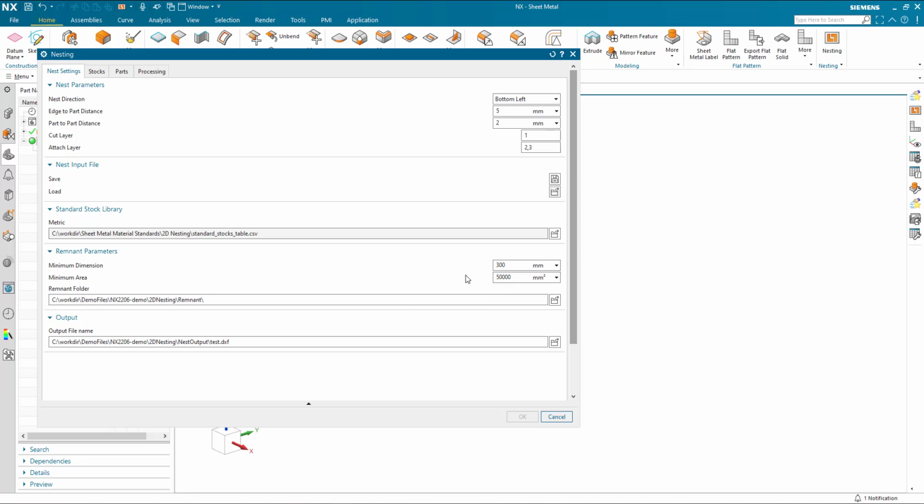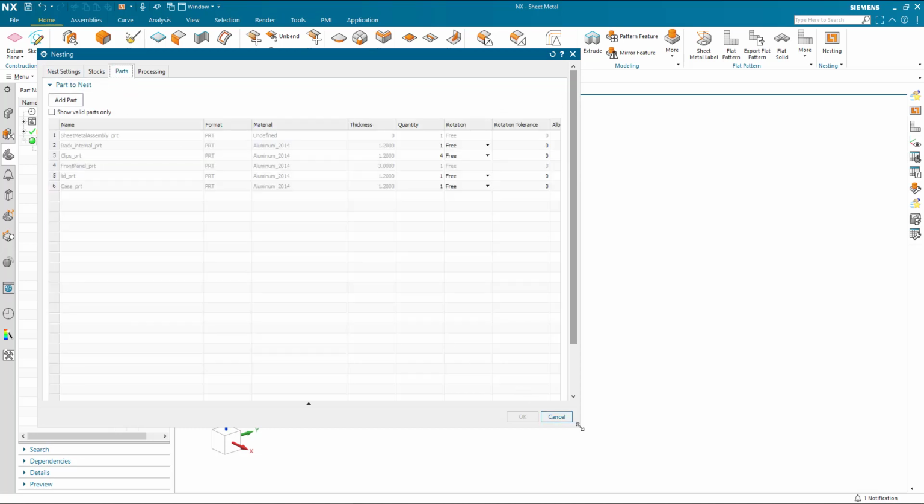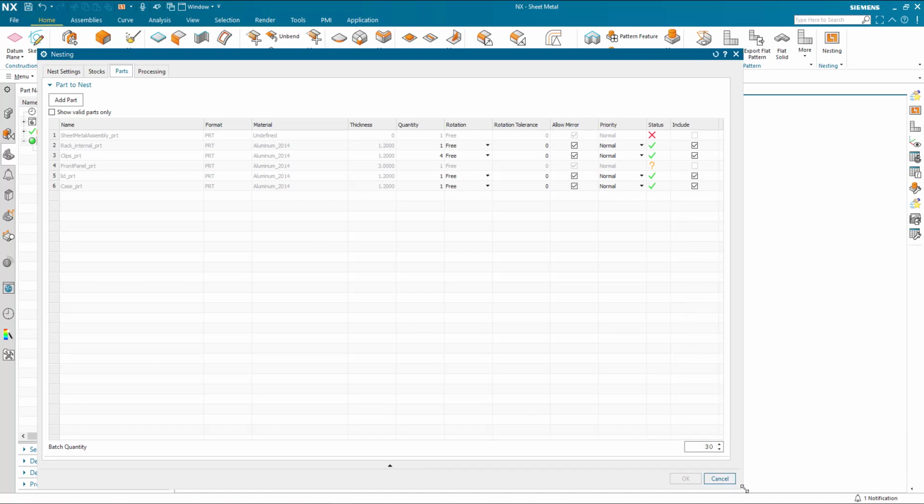These figures are going to be very specific to your implementation, and maybe to begin with a little bit of trial and error. I've done some of that with the parts that I've got that gives me some sensible remnant sizes based on the parts I've got here, which if I just expand this out, we can see I've got a simple assembly, a batch of 30,